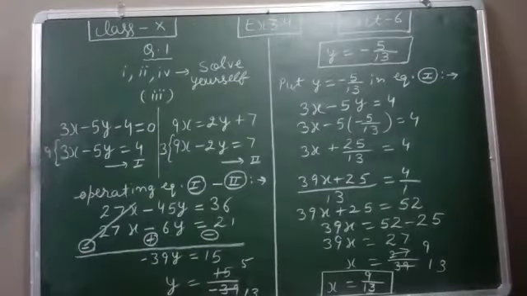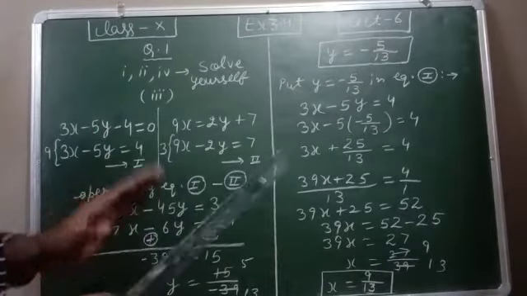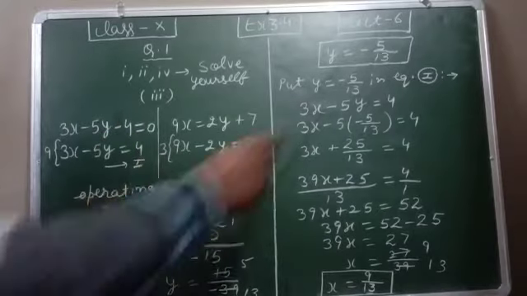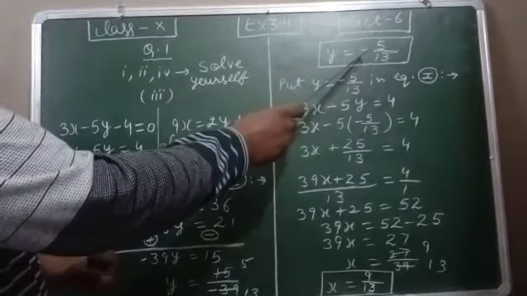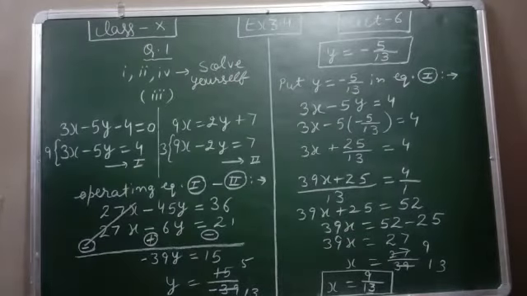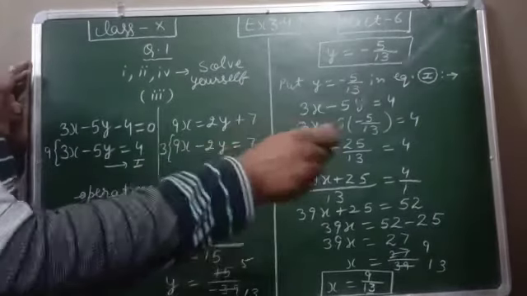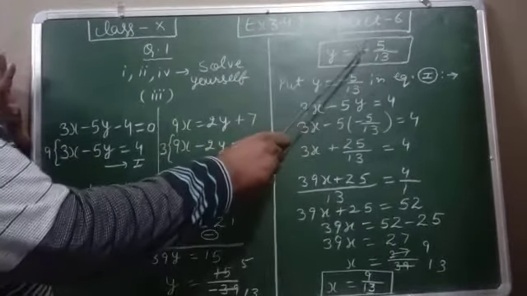So it is not necessary that all the time you will get complete values of x and y. Sometimes you can get values in fraction also, like this. In exercise 3.3, I don't think there is any question where we have a value in fraction. We have the complete value, but the value may be in fraction. So don't think that your calculation is wrong, a fraction may be there.